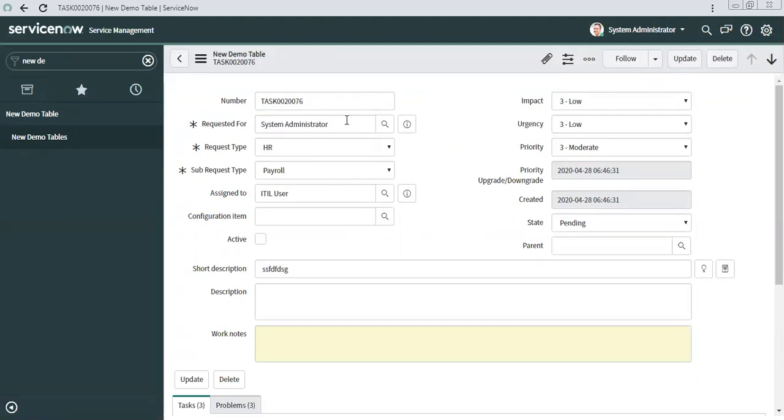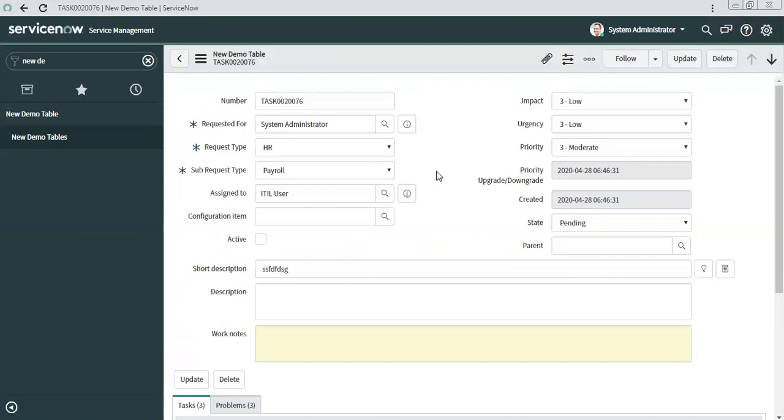So now if I change the user, then based on this user, I just want the manager to be filled in some field or something like that. Getting my point? So those things you cannot achieve through a display business rule. So to get the manager information, you may need to GlideRecord a table, or for any other type of data, you may need to GlideRecord some table and then set it here. But the user table must be storing the manager information, right? Yeah, manager information is one point.